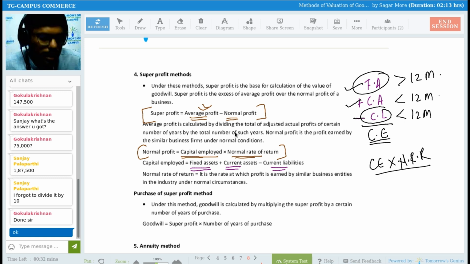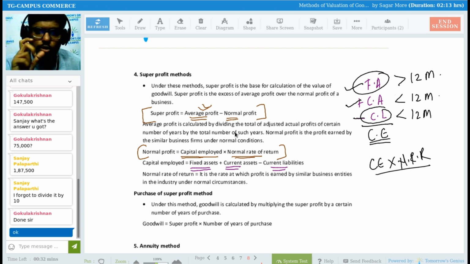But suppose you earn today in your business 60,000 rupees of profit. Normally I should be earning 50,000, but actually you are earning 60,000 rupees. So 60 minus 50, 10,000 rupees you have earned more, and that is your super profit. Yes or no? Understanding this? So the formula of super profit is average profit minus normal profit. Average profit is nothing but your actual profit, you can consider. You earn 60,000 rupees, but your expectation was to earn 50,000 only, right? So the 60 minus 50, 10,000 rupees that you earn more is your super profit.